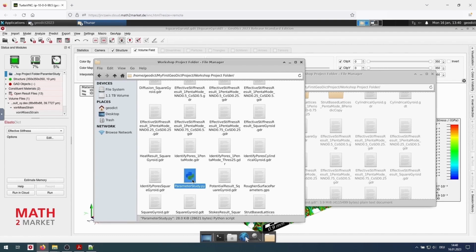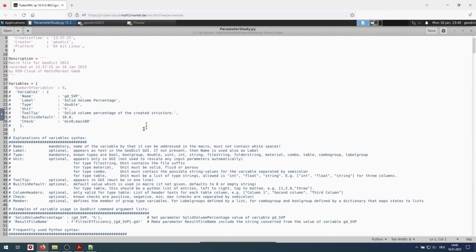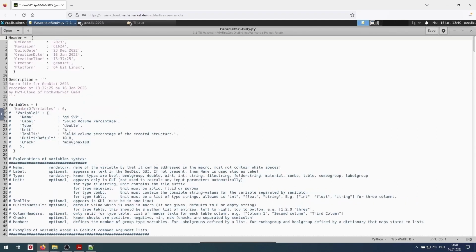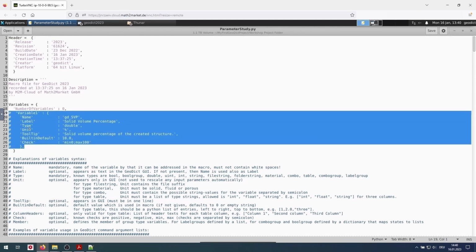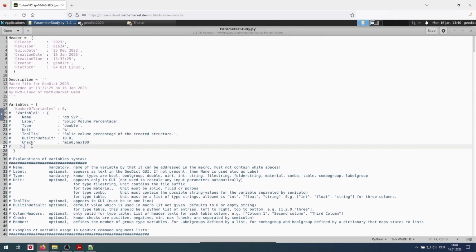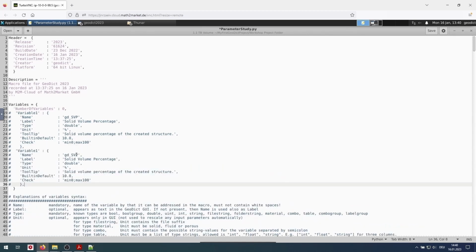We right-click and open with text editor. The first thing we do is we take care of the variables. For that, we take this section, we copy it, and we paste it below because we want to have two variables.